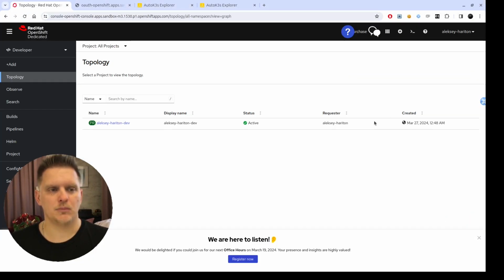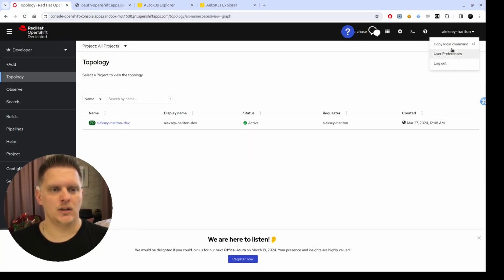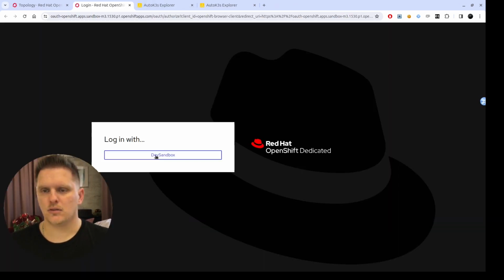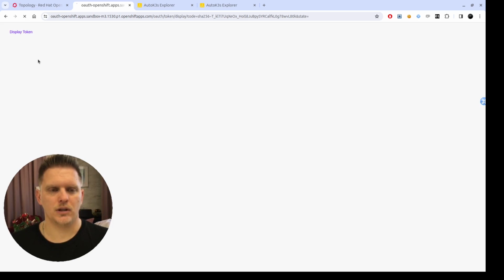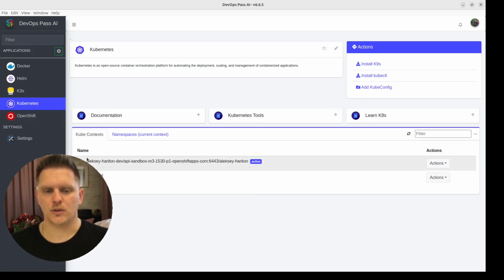Now, I have prepared a sandbox in Red Hat OpenShift. Developer Sandbox, you can take it for free. You can click copy login command, authenticate, display token, and copy login command. Paste it in the terminal and return back to Kubernetes. You can see we have a new context,